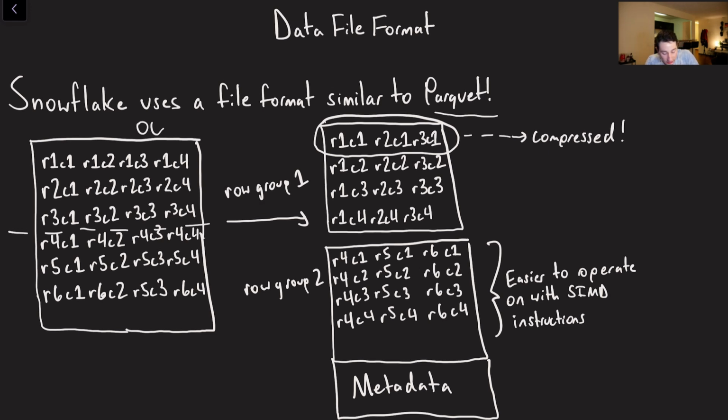So you can see here maybe an OLTP database is storing their data like this. We've got row 1, column 1 stored next to row 1, column 2, row 1, column 3, row 1, column 4, right? This is one row right here. On the contrary, we would have all these row groups, right? So you take a subset of the rows and you store them in a file, and then you actually store the data from the same column together, right here.